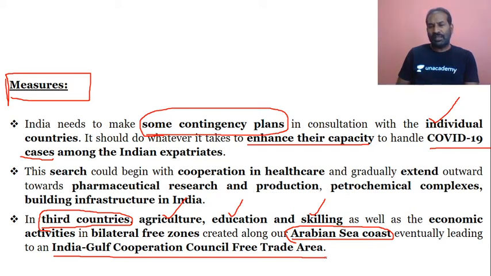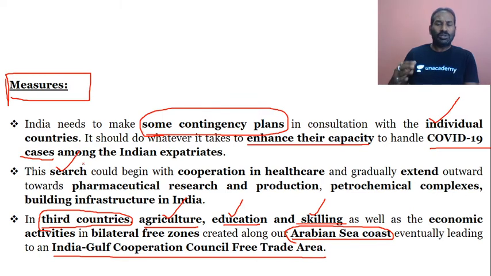By that, working or having employment on the Arabian Sea coast, getting into the third countries which accept migrants, and then working in the agriculture, education and skilling sectors, so that as this kind of situation arises and the remittances have come down,